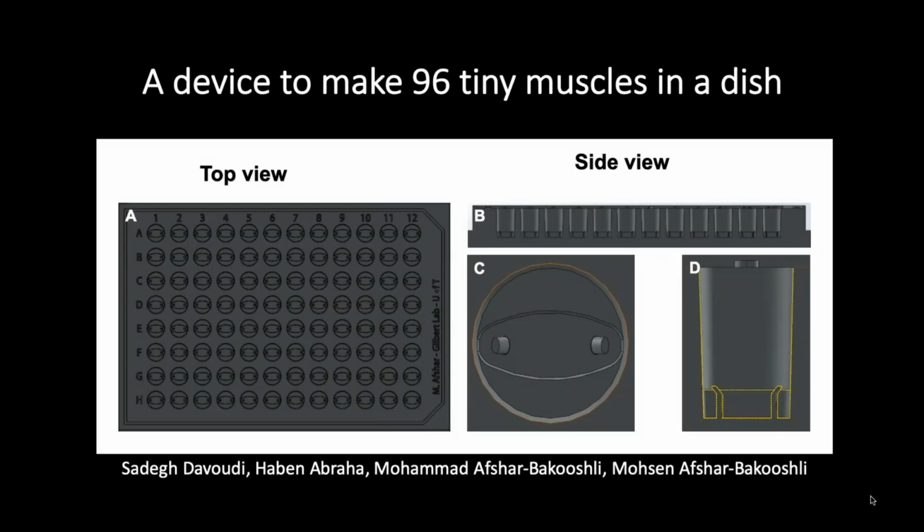So to achieve this goal, they first set out to design a 96-well culture plate. And what you're looking at here is a near final version of this device, where on the left, you're looking at a top view and you're looking down, and you can see that you have a 96-well footprint. And then if we zoom in to one of the wells, as we're seeing in C, and look down, you can see that there's a circle, and in the center, there's an oval, and there are 2 little points looking